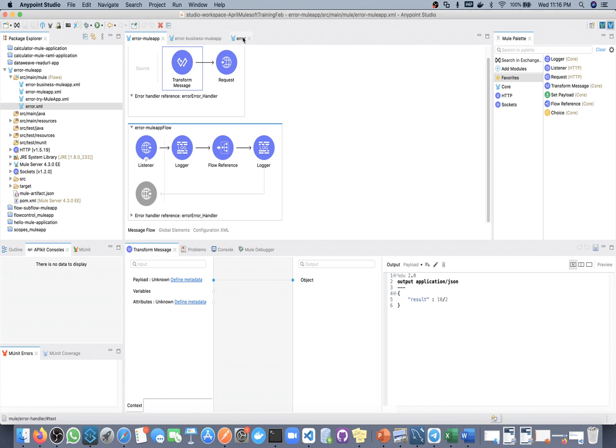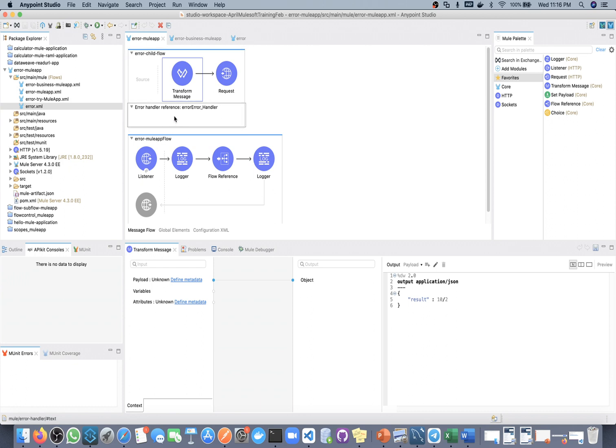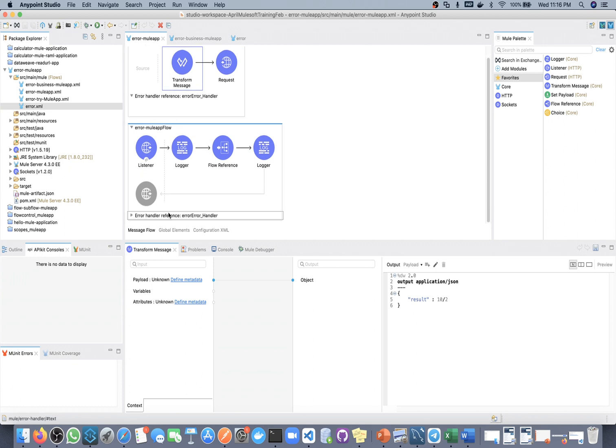Okay, and this will be common for all the Mule configuration files, so you can reference it from anywhere. This will save your development time. Like if you want to define it with all flows, here also you can define an error handler, here also you can define one, but instead of this you can define it in one place and refer to that one. Okay, so we are done with these two parts.